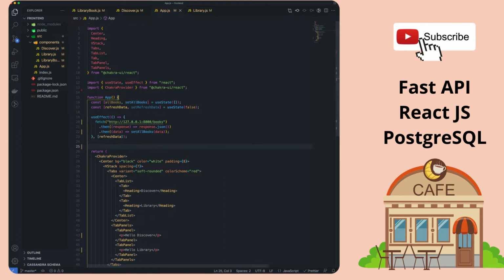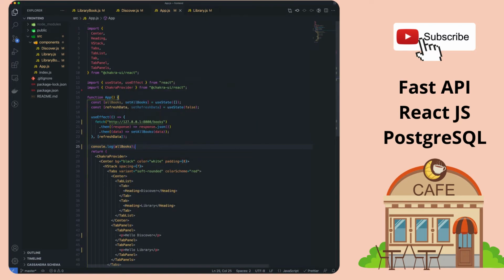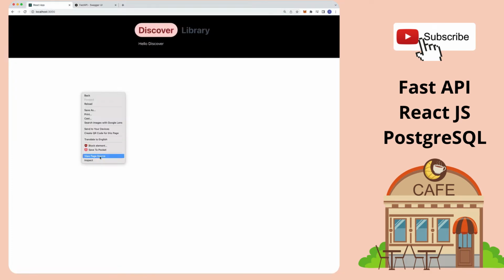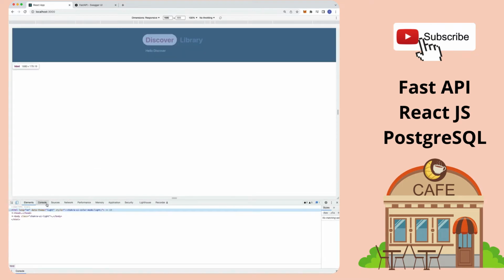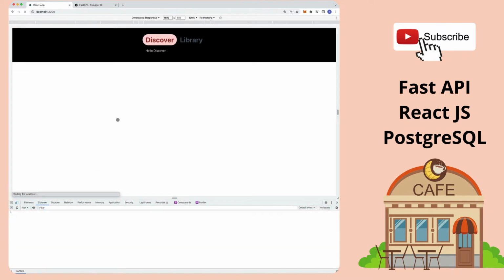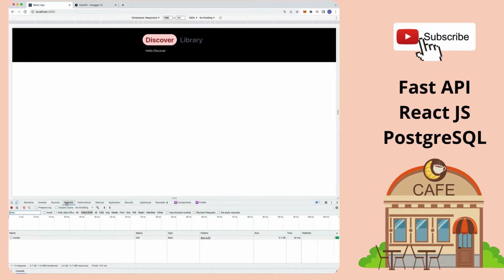To show you how it's going to work, I'm going to print out all books and then let's see it work. Let's go here and then let's go to inspect console. I'm going to do a refresh. So you see we get a list. At first it's an empty list because the state of all books is set to an empty list. And then once this API call succeeds, which you can see in the network tab over here, it's at 200,